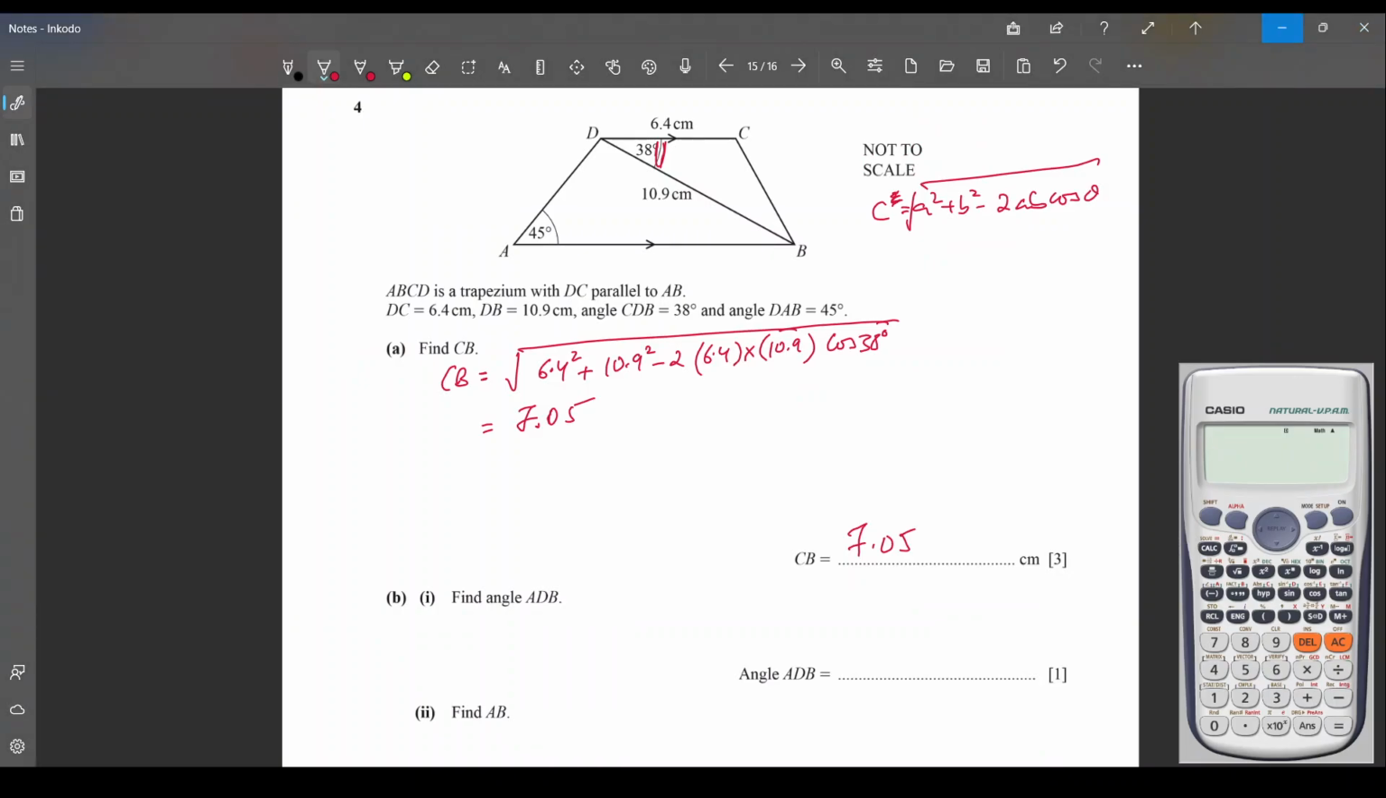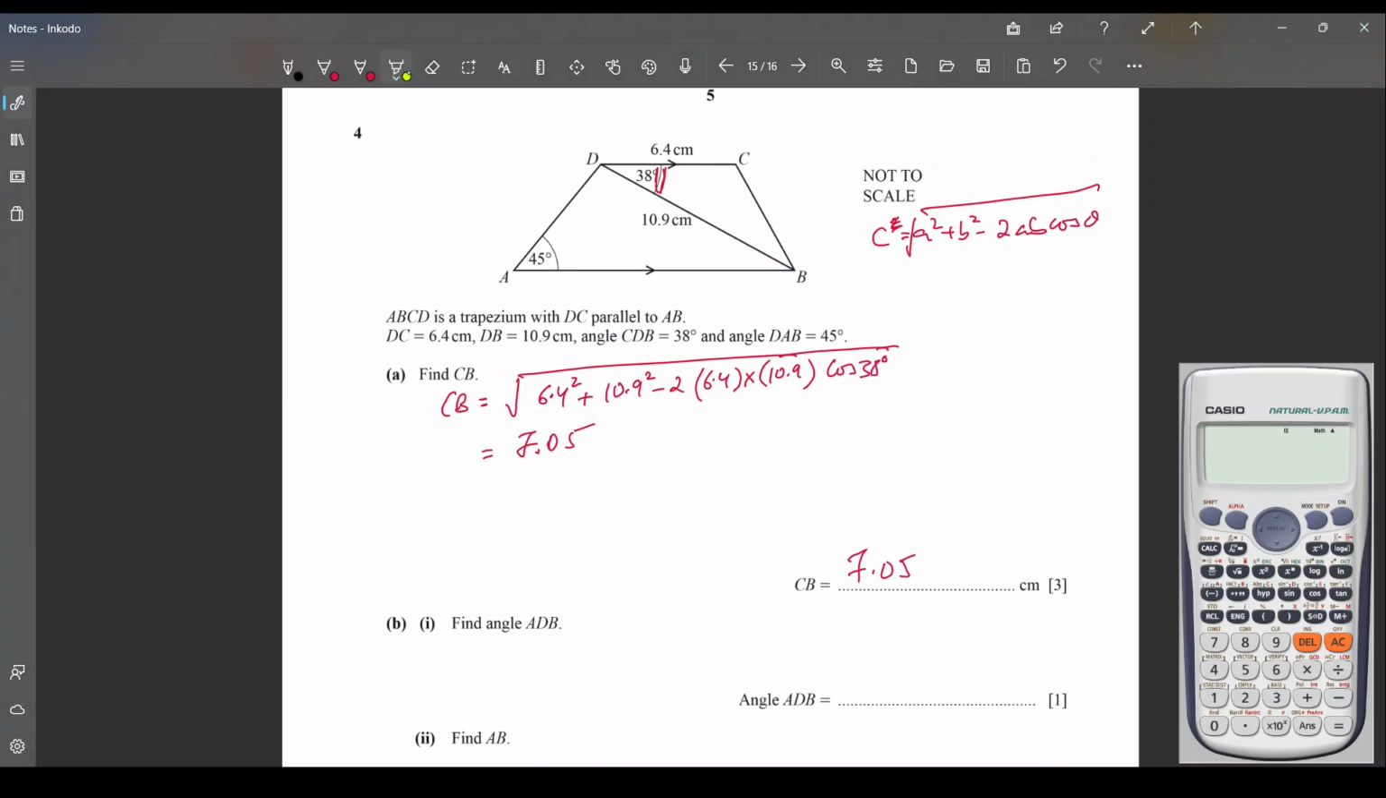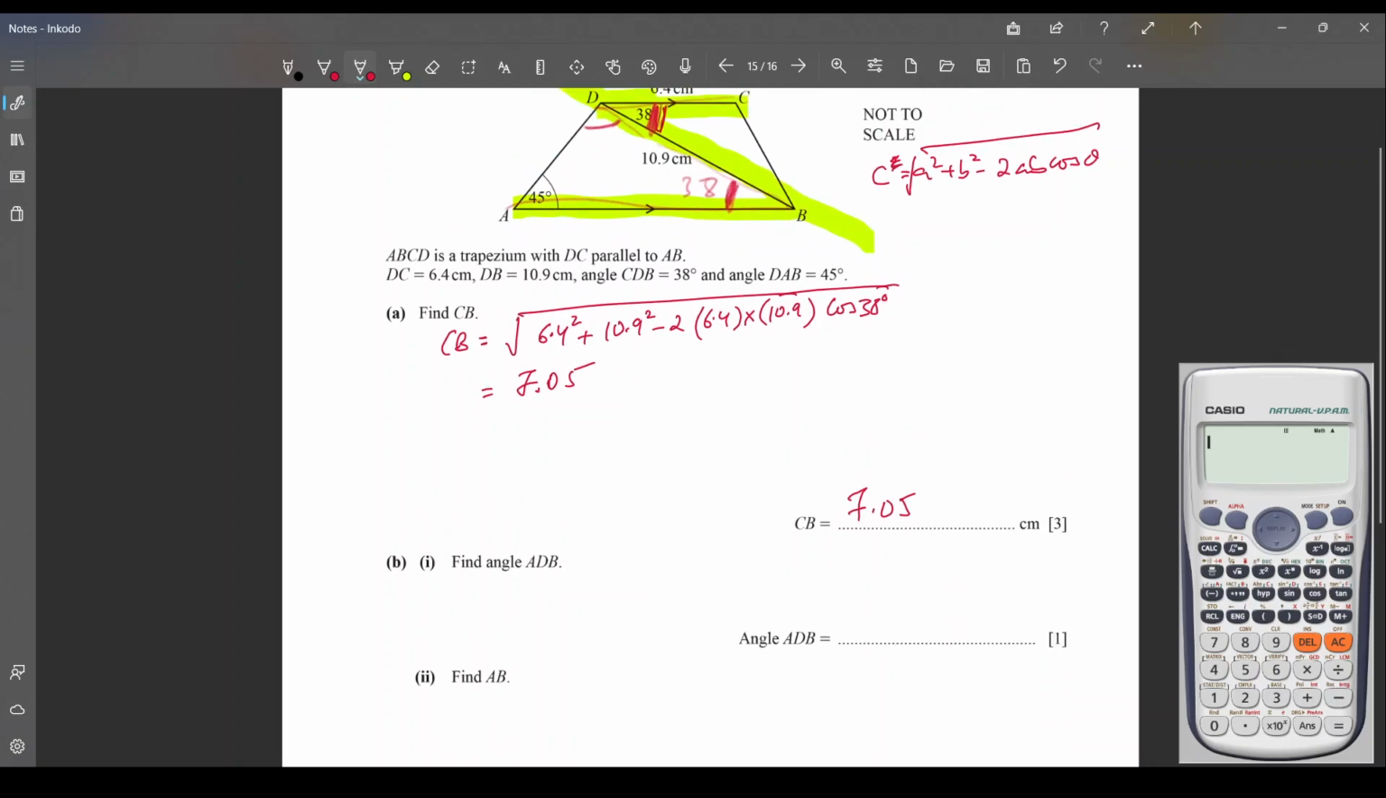So in this we have to find out angle ABD. You can see that these two lines are parallel. If these two lines are parallel and this is a transversal line, so this angle, this angle and this angle will be equal to each other, right? This forms a Z. So if this is 38, so this should be equal to 38 degrees. So what is ADB? So ADB is just 45